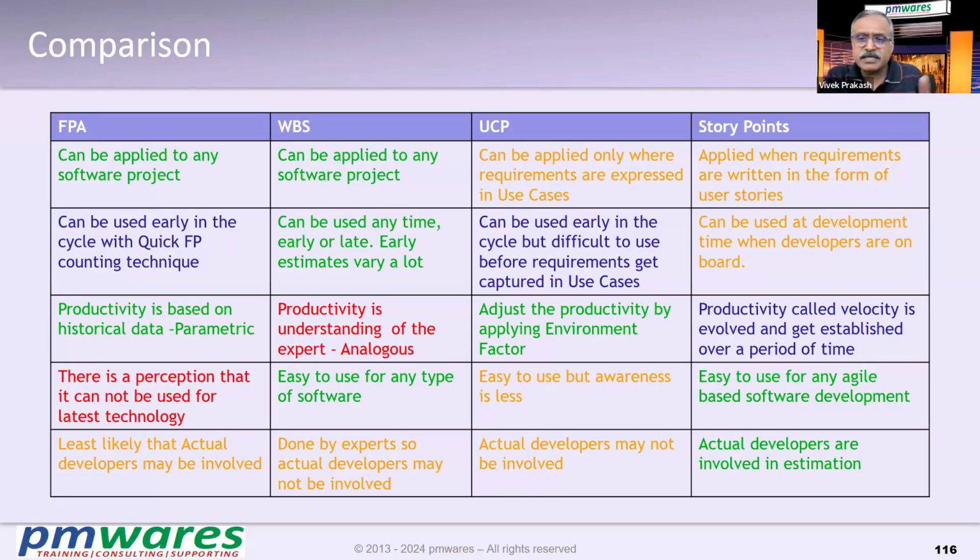So overall, story point is a very suitable method when you are actually developing the application, in the development phase. FPA is a better option when a customer reaches out to you initially with a bunch of requirements and says, can you tell me how much time it will take? FPA is a better option in that sense because with story points, you may not be able to do it. WBS can be used at either time, and the more details you keep getting, the more accuracy you keep getting from the